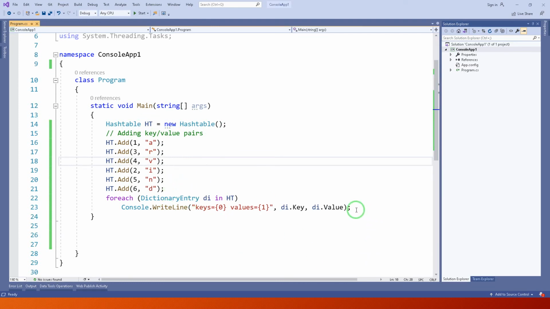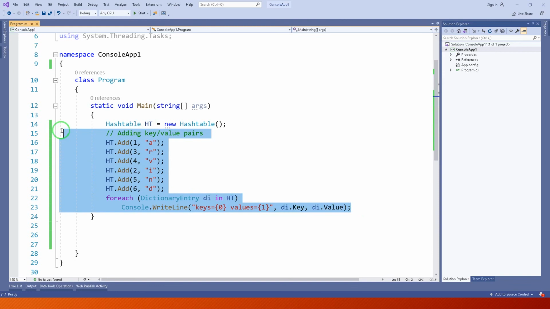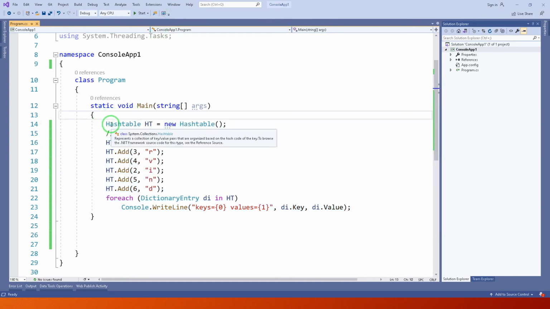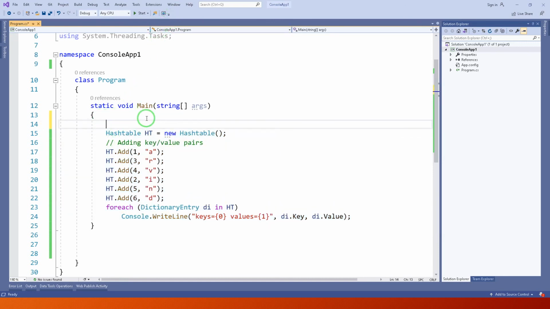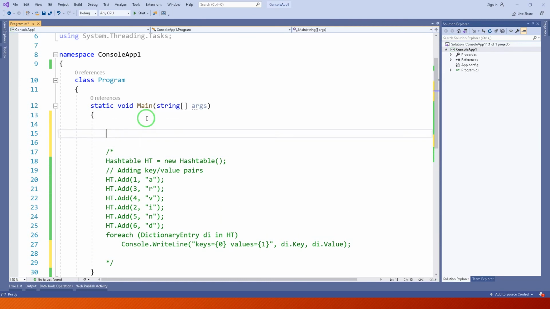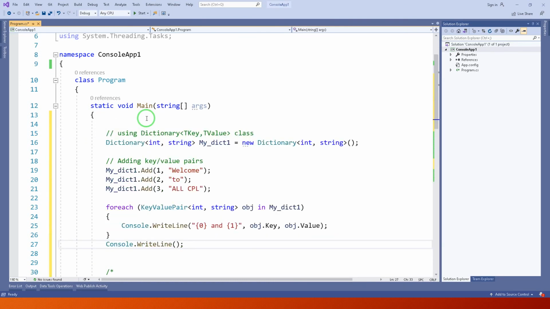Now next let's check the example of dictionary. Just comment this. Okay, now the next example is dictionary.